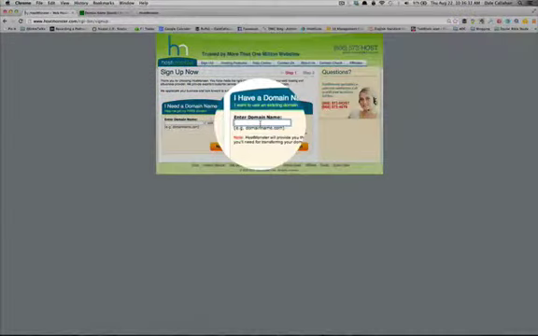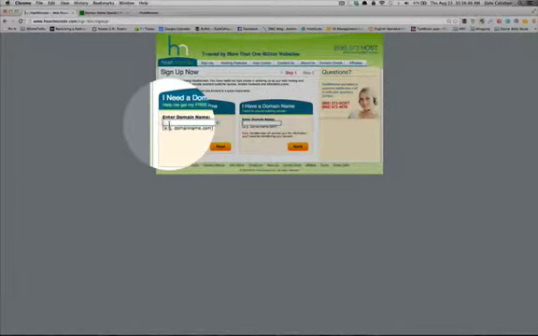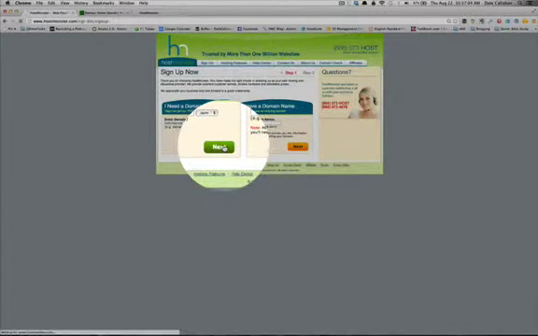Now if I already owned Beth M. Daniels, if I bought it and I want to set it up, it says I have a domain name, and I can put that right there. This would be the place to do it, and it would tell me how to point it to the right place. We don't really care about that right now. We don't own it, so I'm going to go in and type in Beth M. Daniels, and it's going to obviously give me the .com as the option and other options, but let's just say I want to do that. So I hit next,